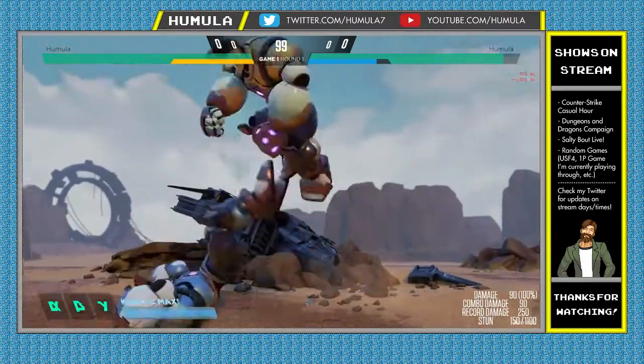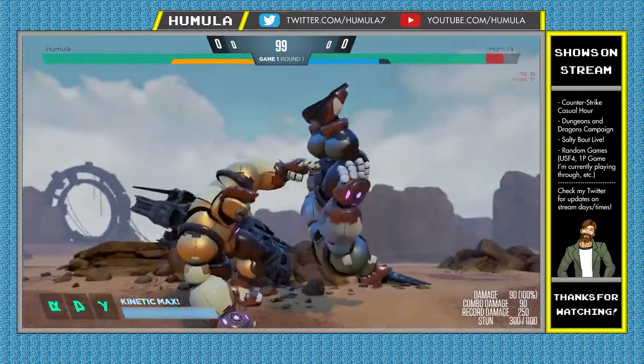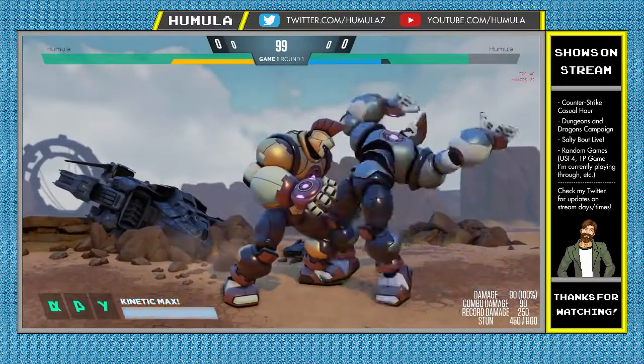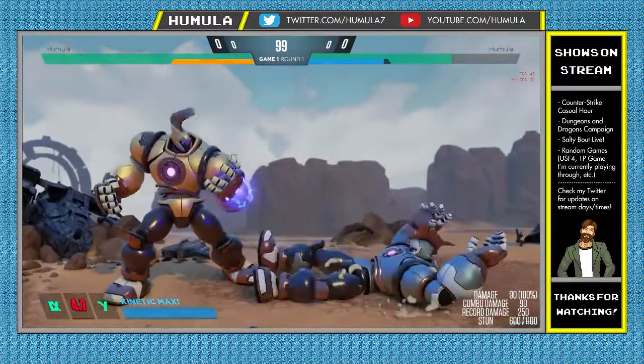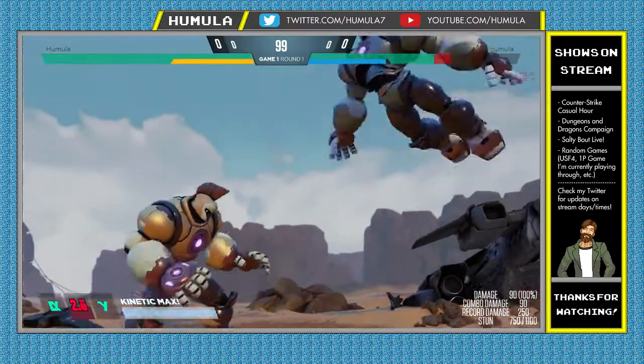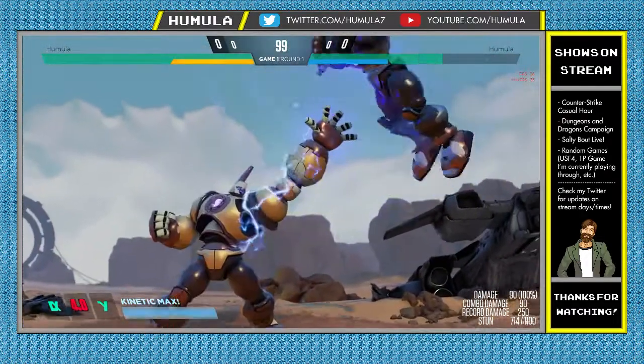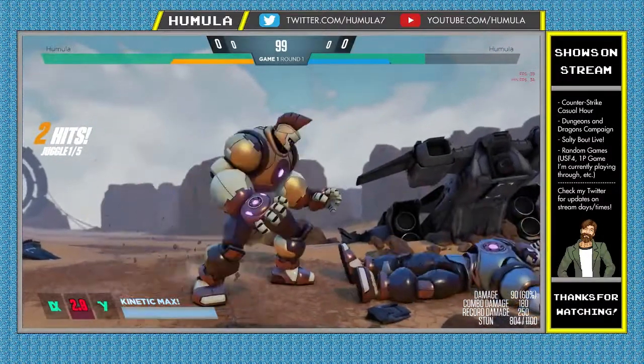Anyway, his forward heavy has armor, and it also bounces them off the wall, as one can see. So, easiest thing to do with this is to do this, and then, whoops, messed that up. Keep walking forward. Well, oh, I have cooldown. Gotta remember that. And you can grab them out of the air with that, but...